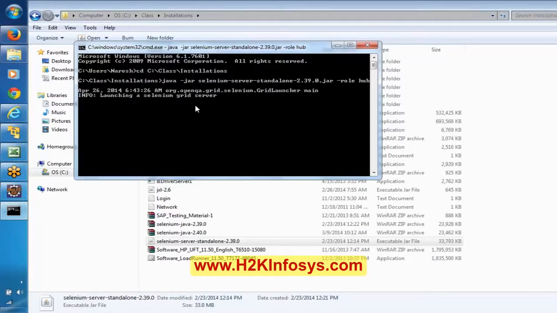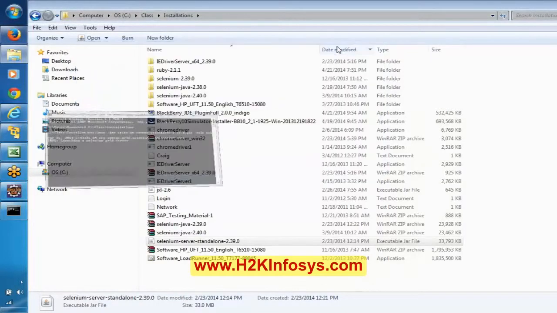Now it is coming up here. It is saying launching a Selenium grid server. So it's like we are starting a server. Let me just minimize this.